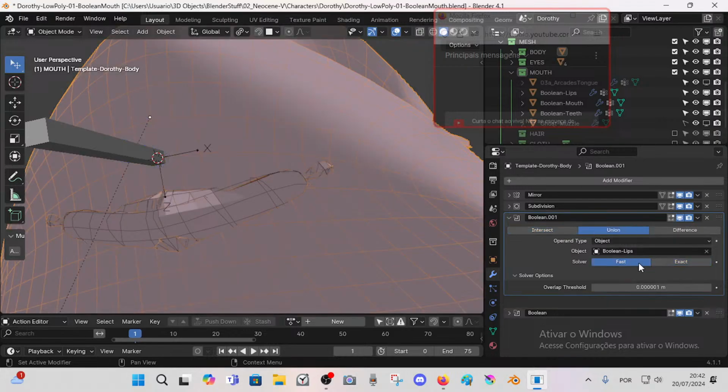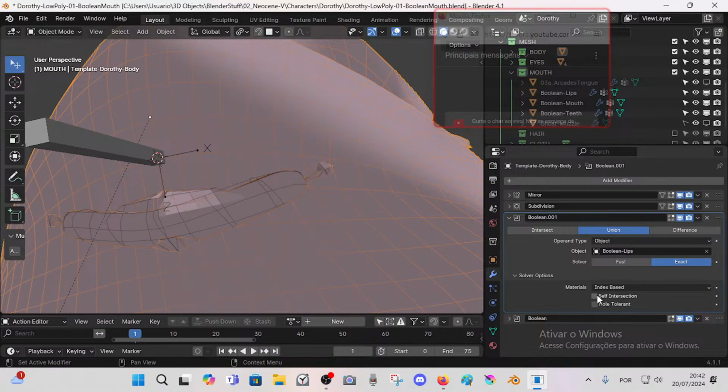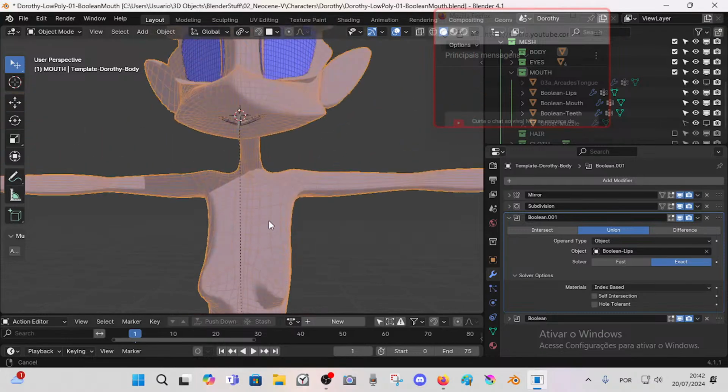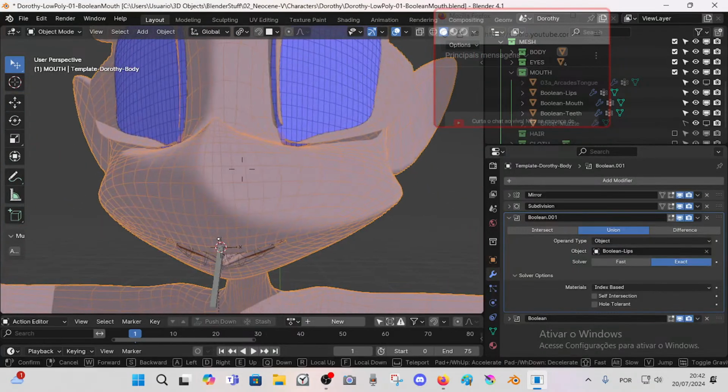I think it's union, and here I'm not sure what should be the